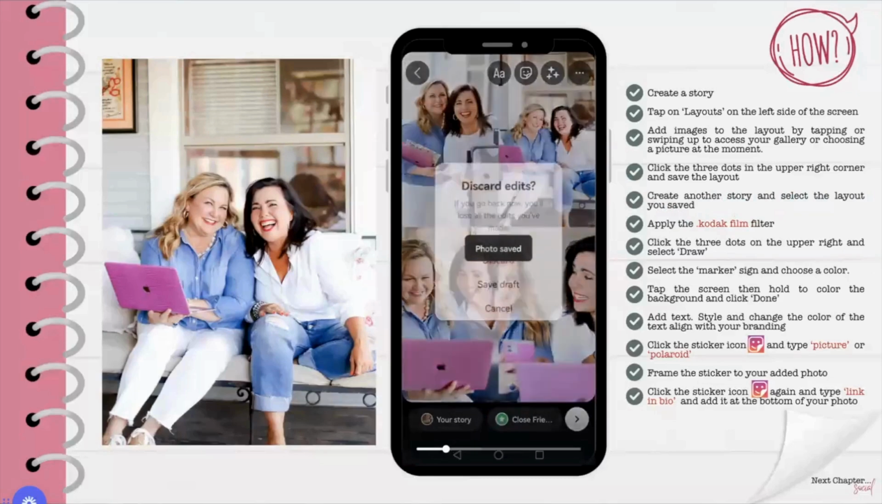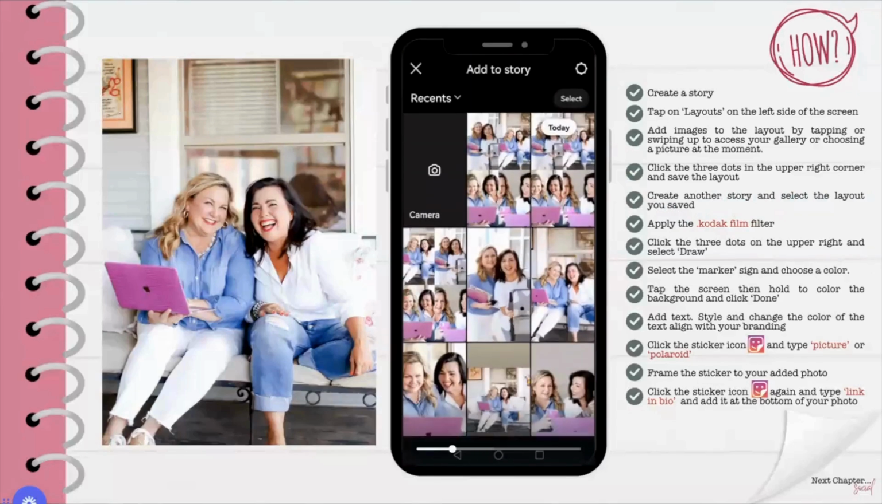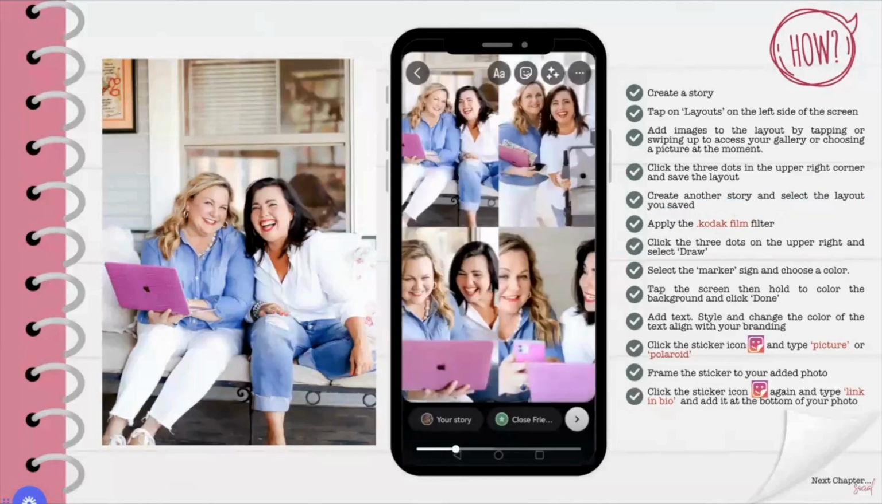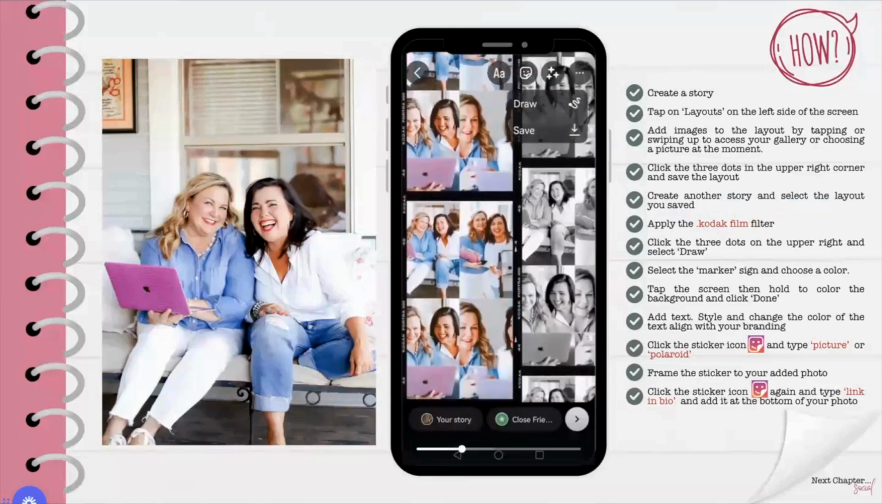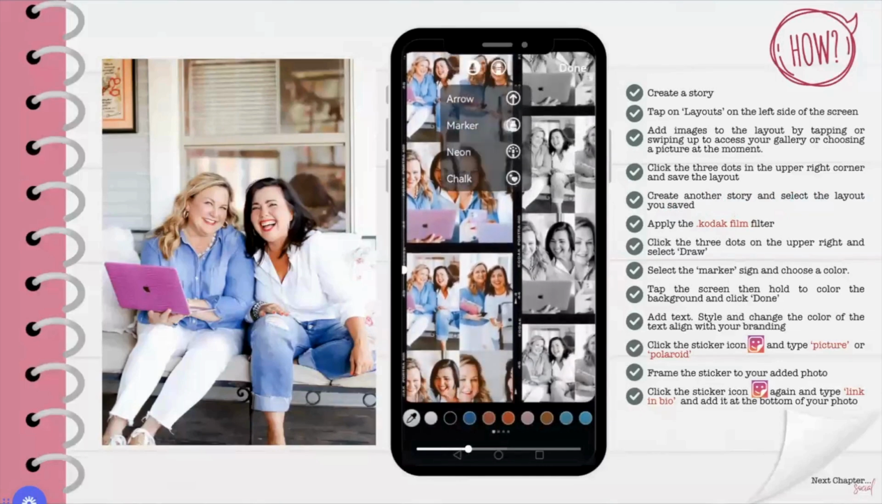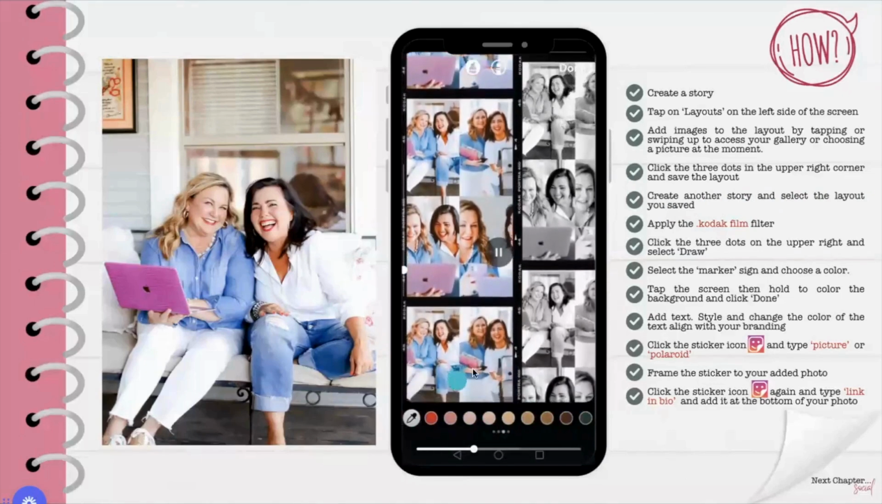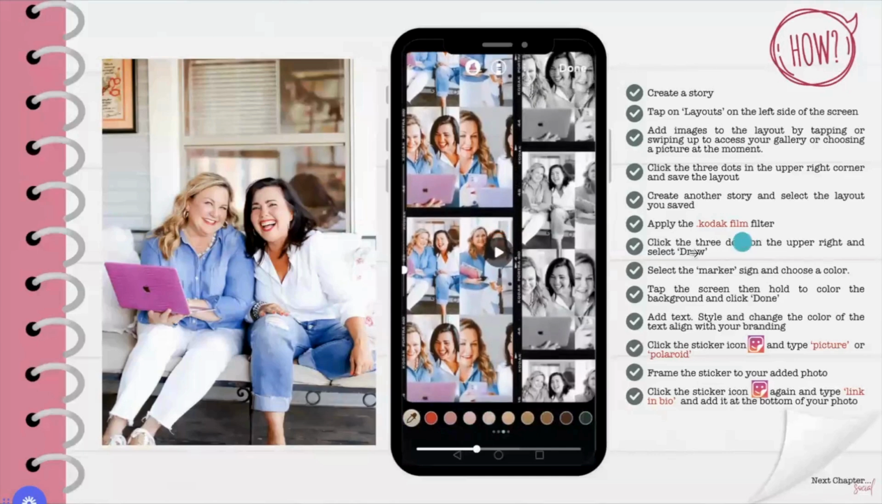Processing, saved. So now discard those edits. You're going to go to this story. You're going to click that picture. There it is. And now you're going to apply this Kodak filter. Now we're going to scroll up and down and look like that. It's awesome. Click the 3 dots in the upper right-hand corner, click draw. So now that you've applied this filter to that